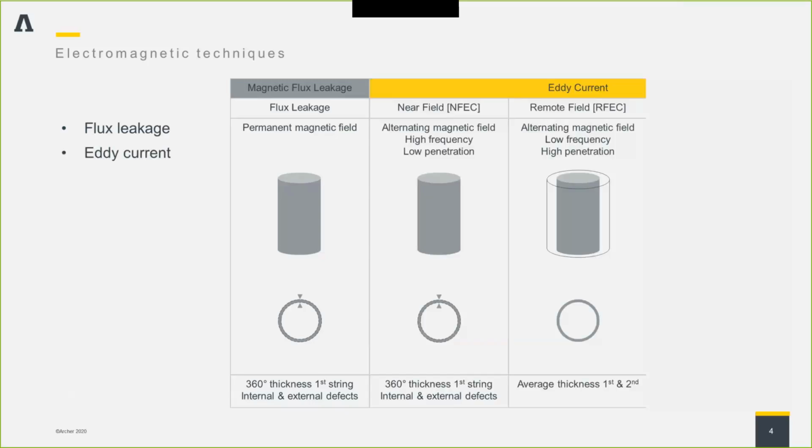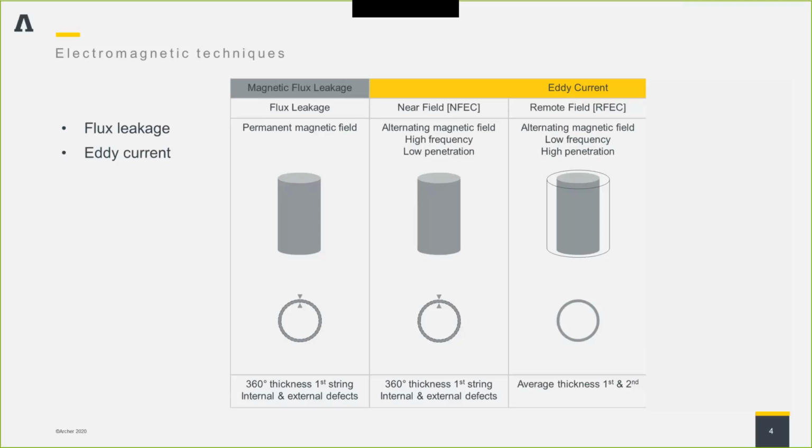If we move on to eddy current techniques, there are two different types of that, the near field and the remote field. The near field uses quite a high frequency alternating magnetic field. It doesn't have much penetration, and it gives you information on the first string only, so the tubing that the tool is inside, and it can let you discriminate between internal and external defects. Remote field eddy current uses a lower frequency, but again alternating magnetic field. It has much higher penetration, and it will give you average thickness of the first and the second strings, so long as they're not